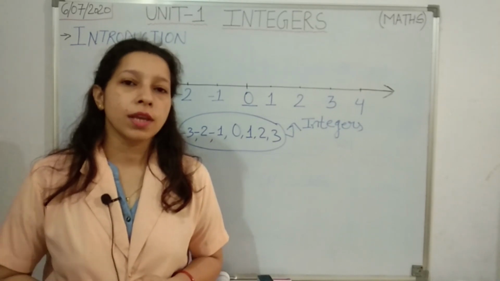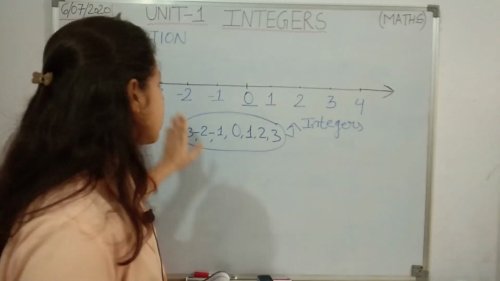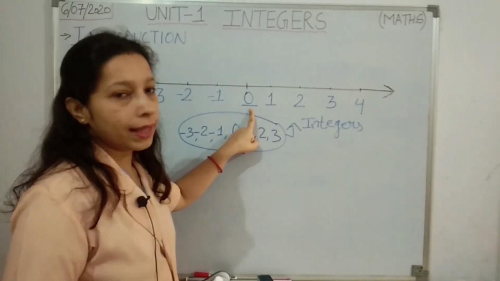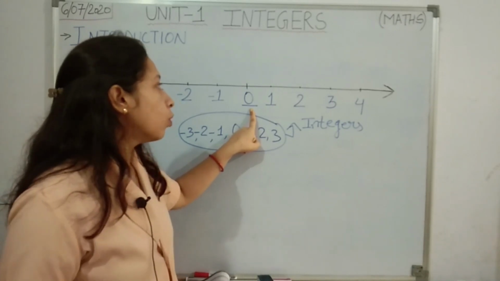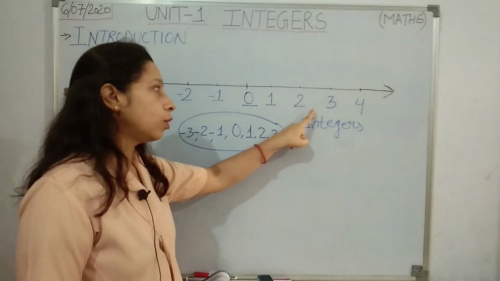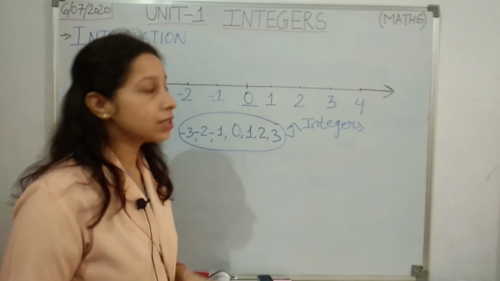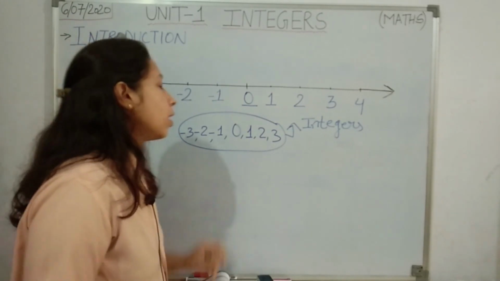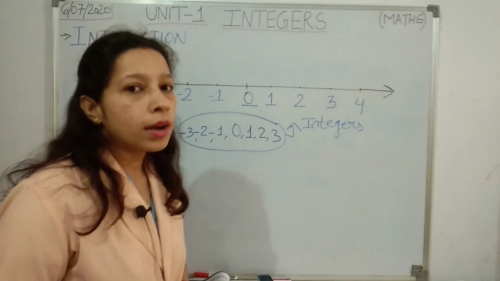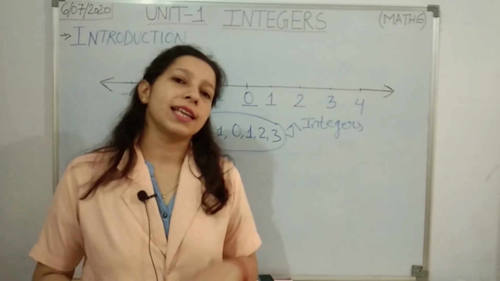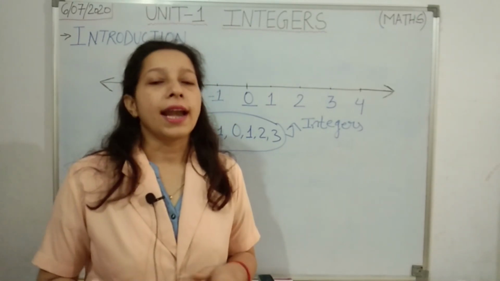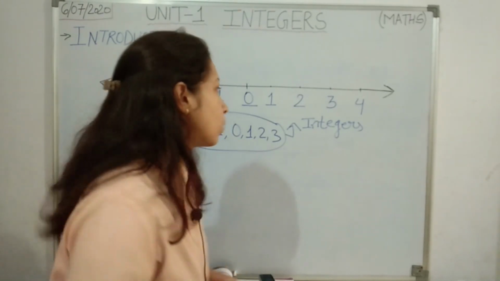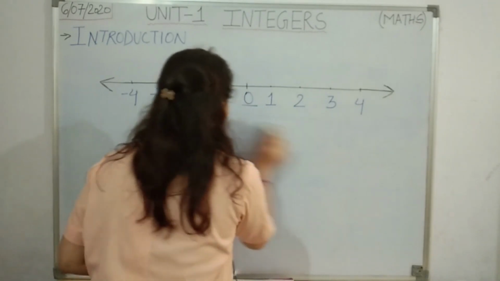We show integers using number line. So look here, this is a number line I have already made. In between you will get 0. Then on the right hand side of 0, you will see all the positive numbers 1, 2, 3, 4. These are all positive integers. On the left hand side, you will get -1, -2, -3, -4. All the negative integers. So a number line has two sides, right hand side and left hand side. Right hand side shows positive integers, left hand side shows negative integers. Okay students, let's see this topic in detail.